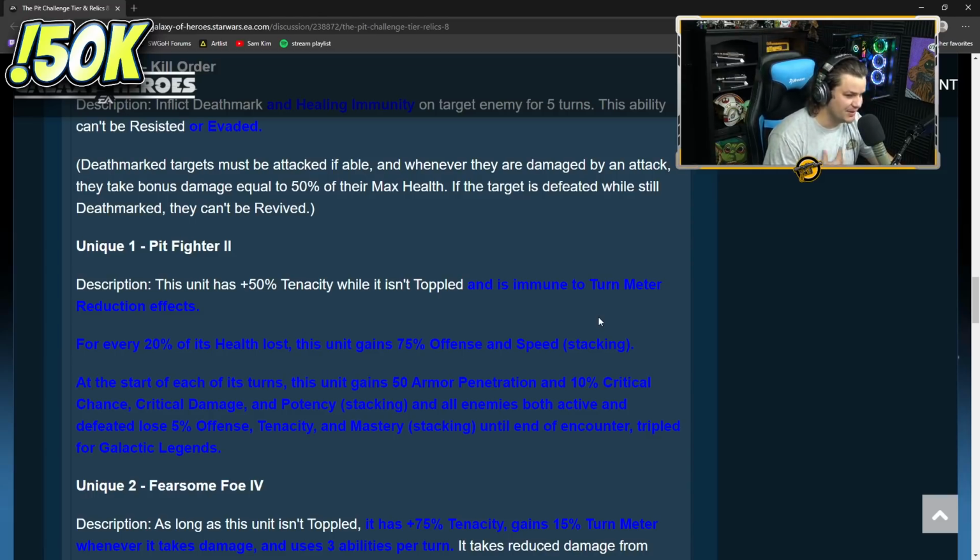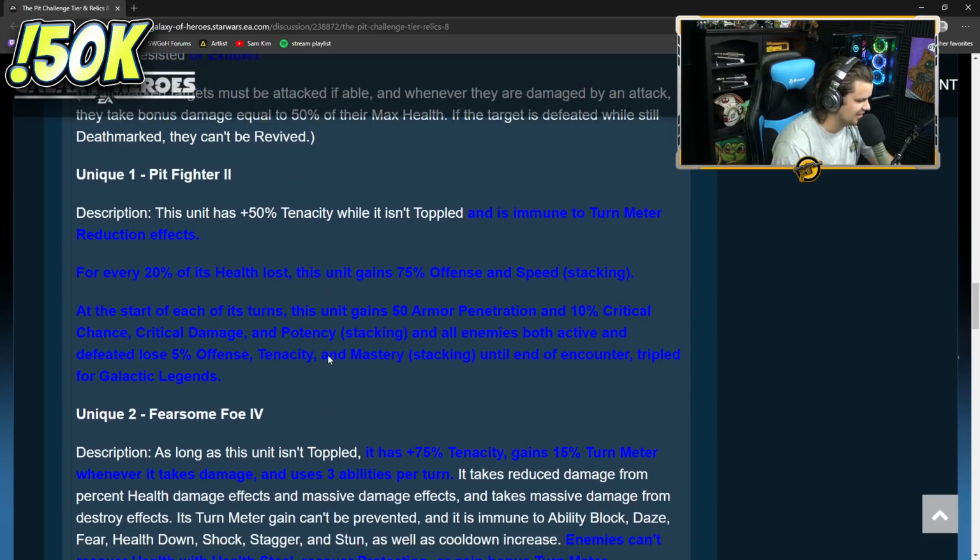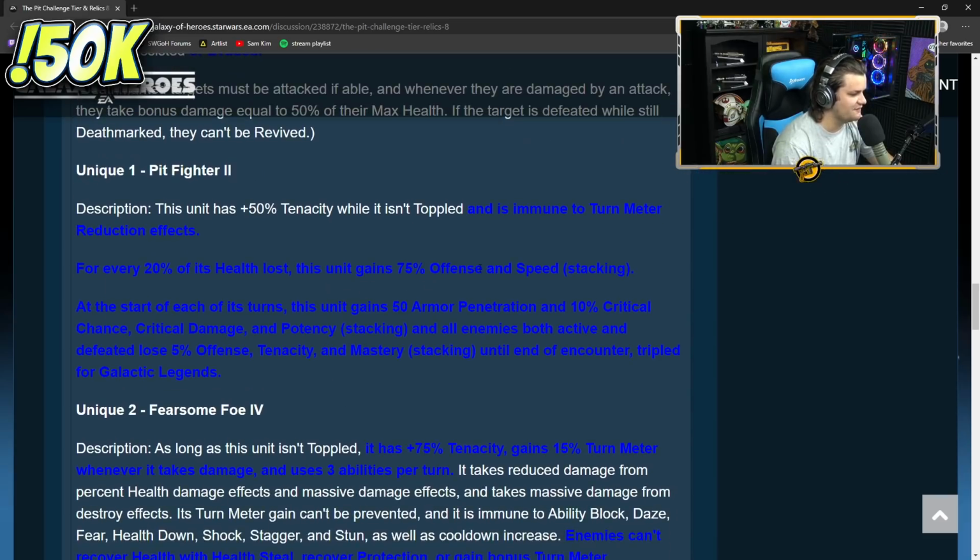Because that was kind of the big thing that was in there with Rancor Raid, is just reducing that turn meter as much as possible. So you guys don't need to Relic 5 your T-bows. It's okay. For every 20% of health lost, this unit gains 75% offense and speed stacking. Very interesting. And at the start of its turns, this unit gains 50 armor penetration and 10% crit chance, crit damage, and potency stacking, and all enemies